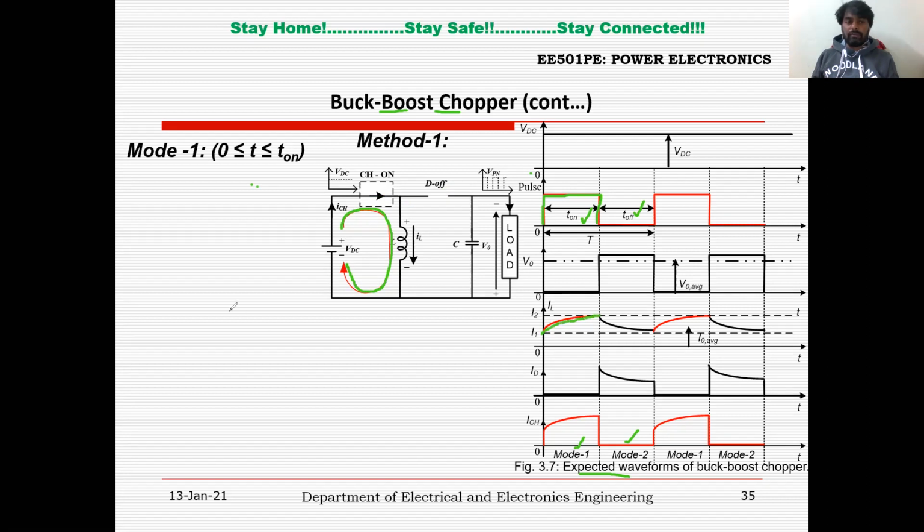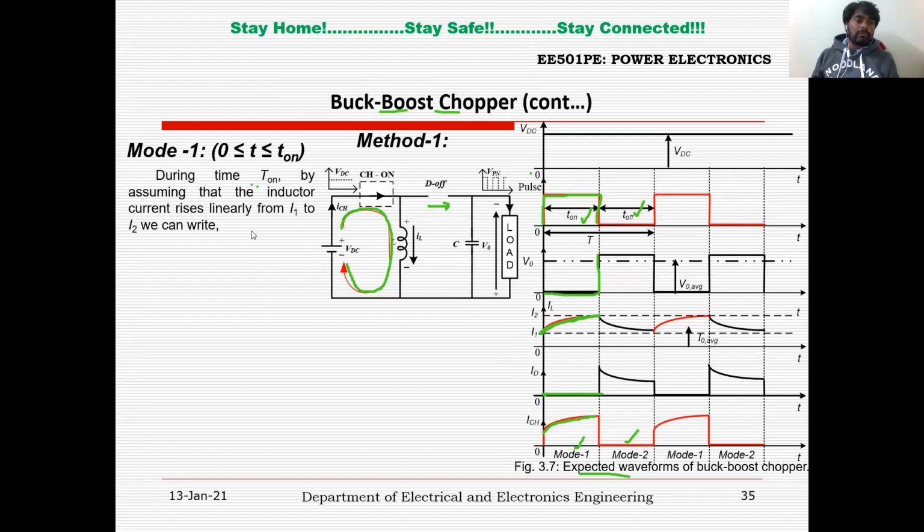These waveforms are steady state waveforms. Actually, it has to start from zero, charging, discharging like this, right? But these waveforms are steady state waveforms. So it is charging from I1 to I2. The diode is in off condition, so it is open circuited. You won't get any current through the diode, so diode current equals 0. Similarly, the chopper is carrying the inductor current, which is the charging current of the inductor. You can see it is rising from I1 to I2, right? So the output voltage equals 0 because there is no current, so you get 0 voltage across the load,